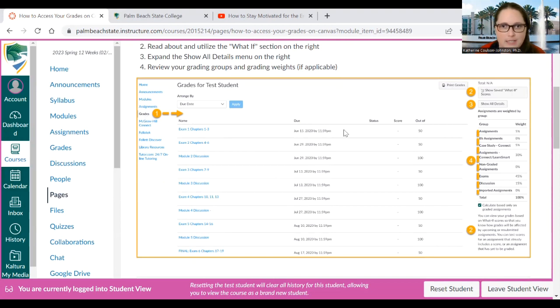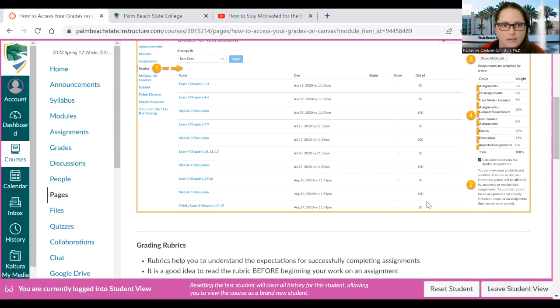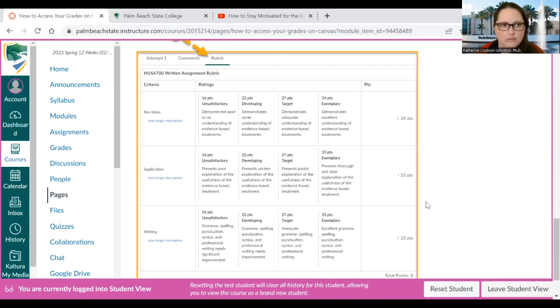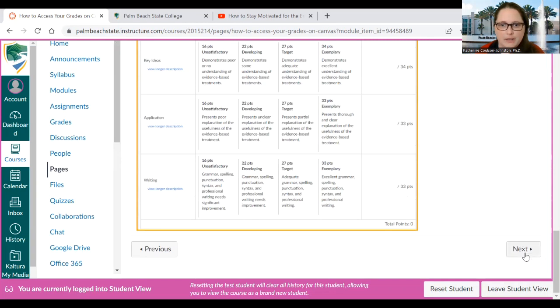So here you go, grades here. It tells you exactly what your score is. In this class, everything will be by points. It's a total point structure. It's not like that in every class, but for this one, it's strictly points. I don't have any rubrics.